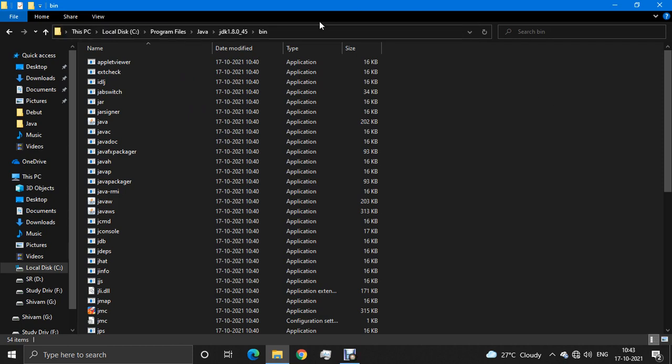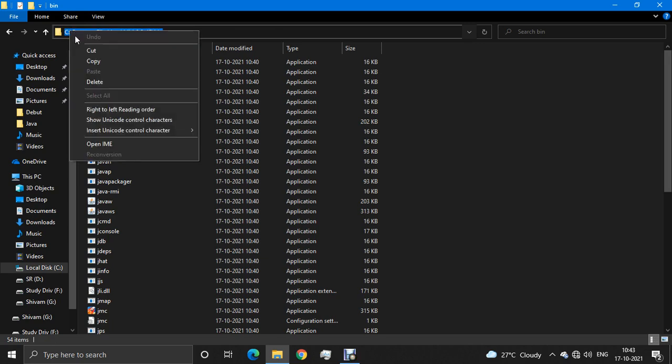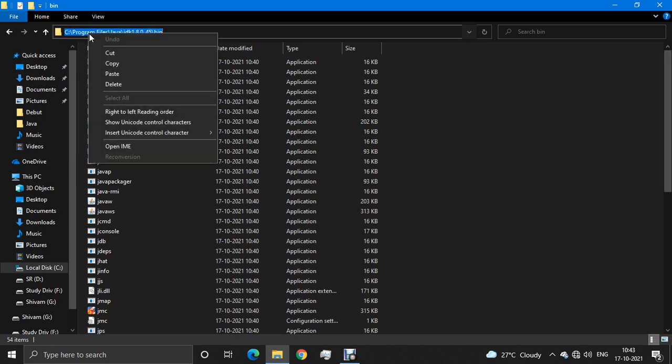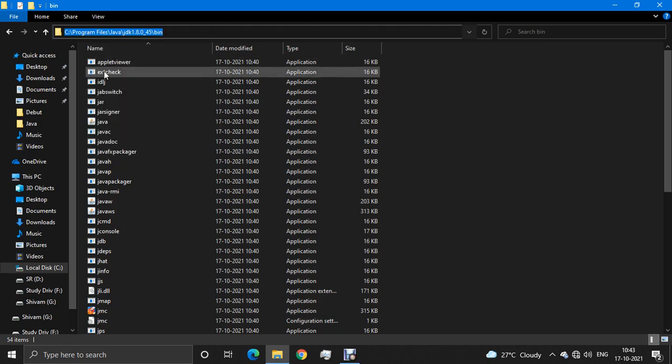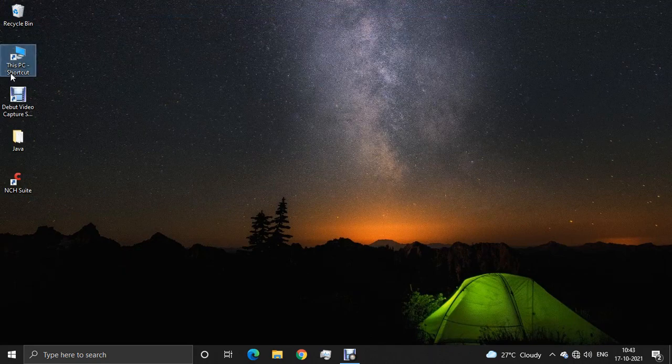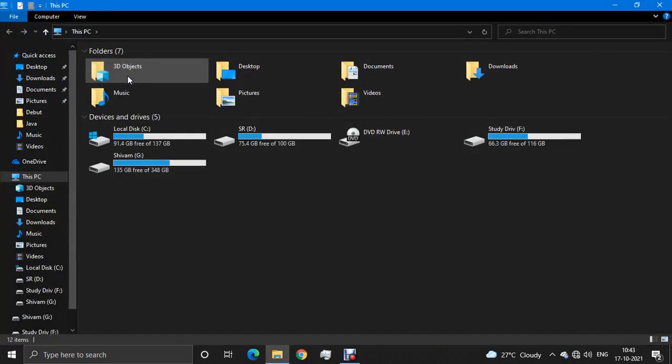In the bin folder, simply click here in the address bar, and you notice the path is selected. What you have to do is copy this path. Right click and copy, or press Ctrl+C. After copying, watch carefully.